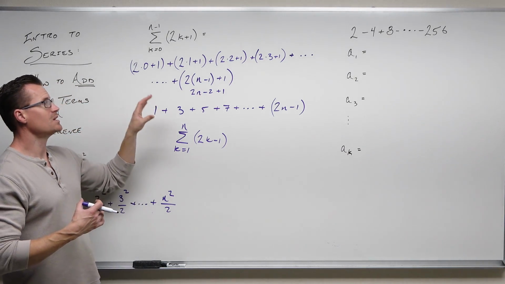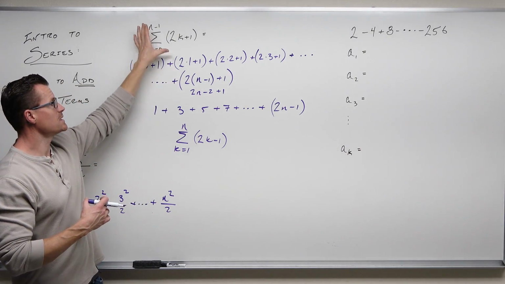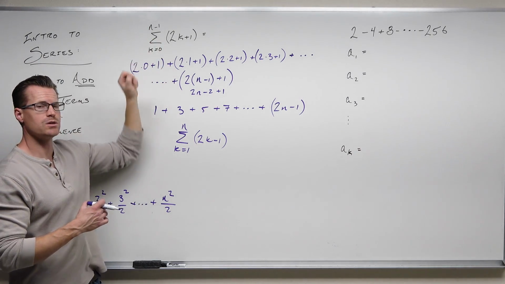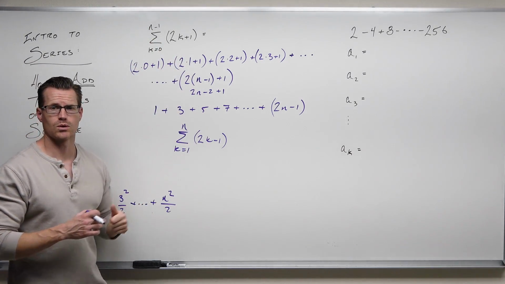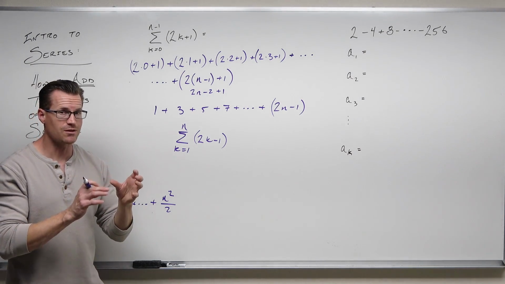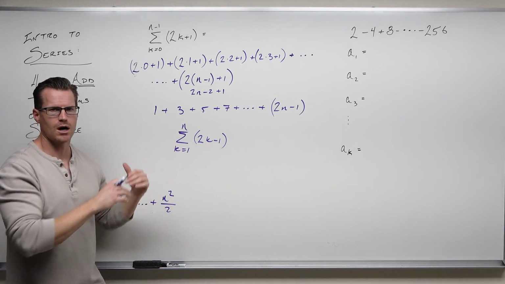This says that you can manipulate one series into being something else by altering where you start and where you stop, and it might even change your sequence that you're working with. So I hope that makes sense. I'm trying to teach you some pretty advanced things just by looking through a couple of examples here.